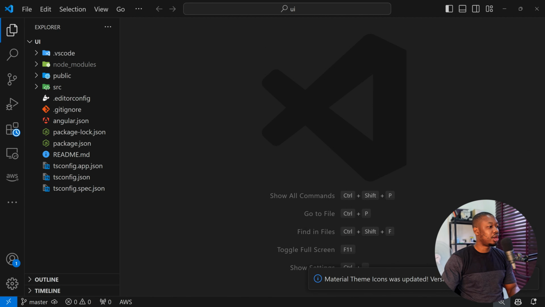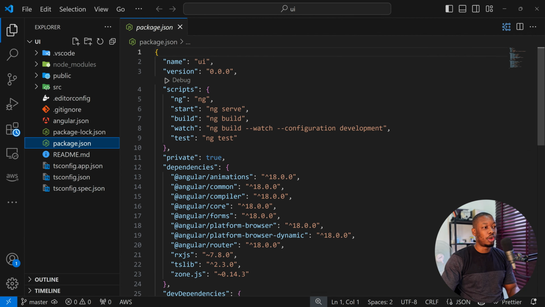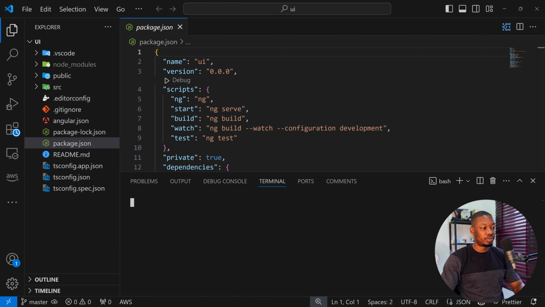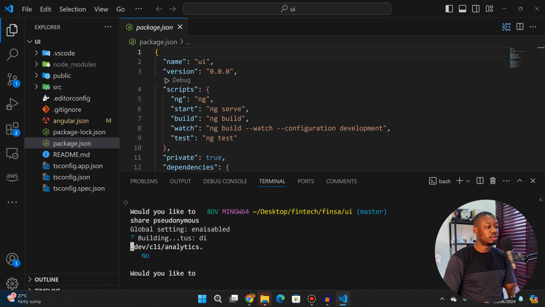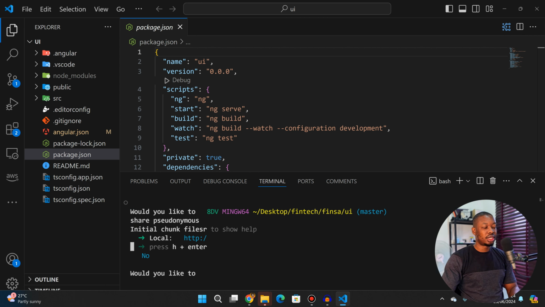So before we do any other things, let's start our server. And to do that, we can come to package.json and see how we can. So to start our server, we have npm start or yarn start if you are using yarn. So we can do this by having... I'll say no. All right, so that same issue we had earlier with our terminal still kind of persisted